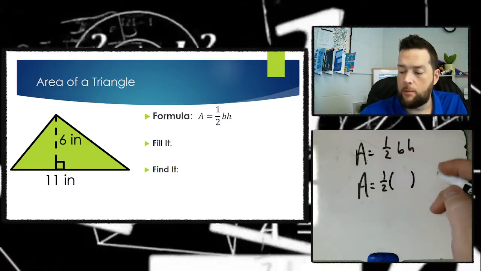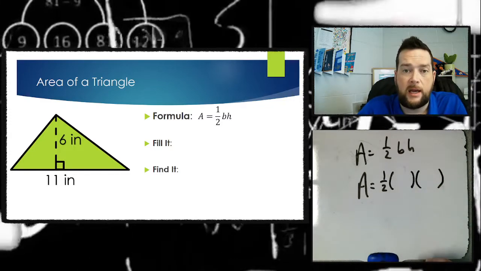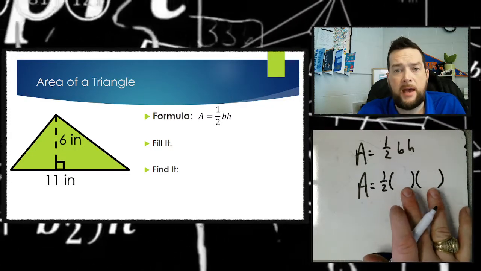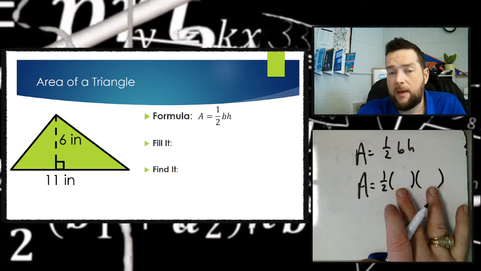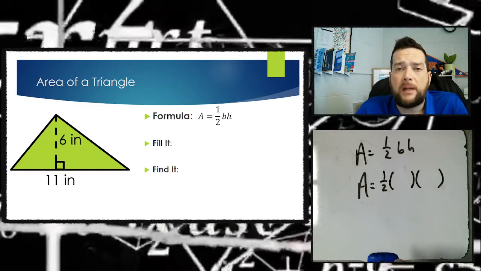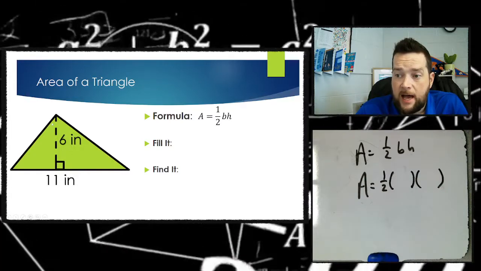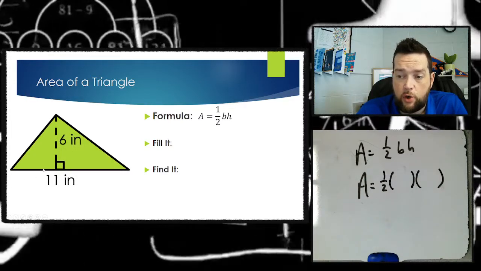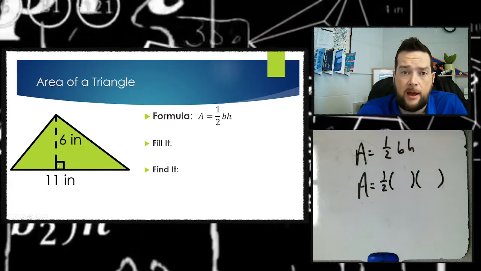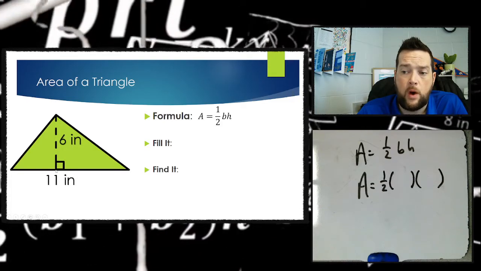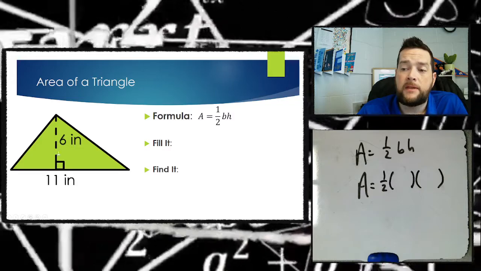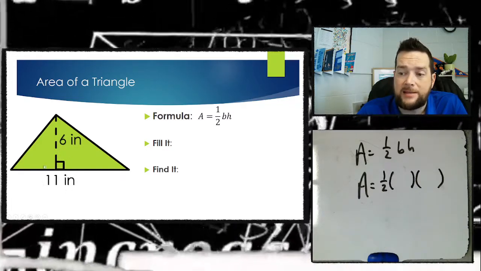And then the last variable, I'm going to write another parentheses just like that. And I've given myself space for the base and the height. And just like with the parallelogram, the base and the height are going to be the sides that are connected to the square. All right, so if you see a dotted line from the top of the triangle to one